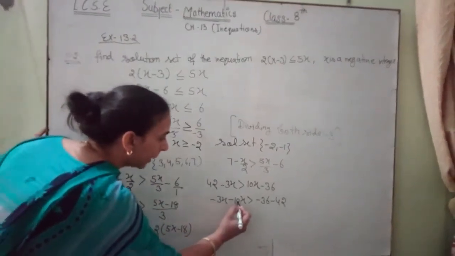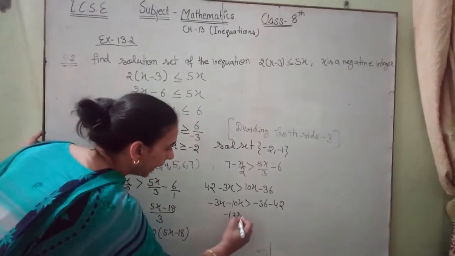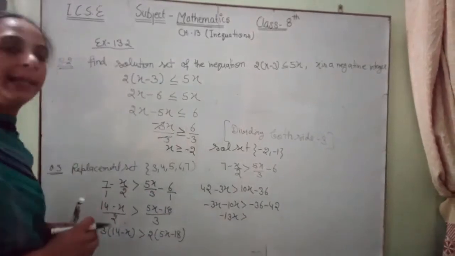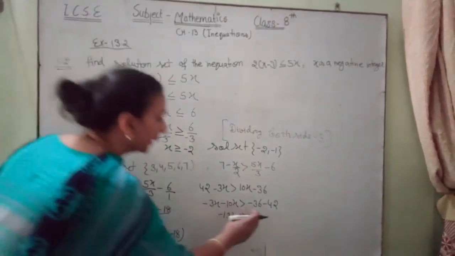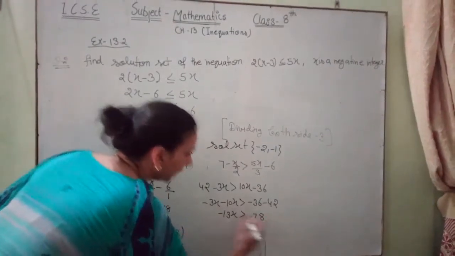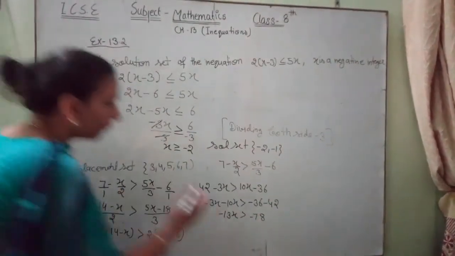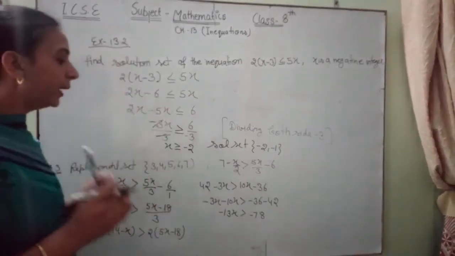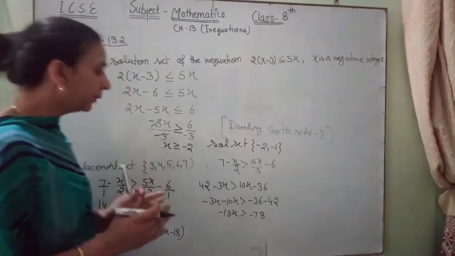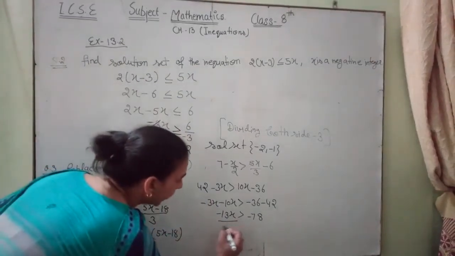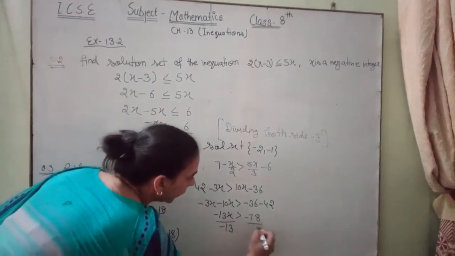Minus 3 minus 10, minus 13x greater than minus 36 and minus 42. Then complete: 6 into 8 is 48, 3 into 7 is 21, minus 78. Then student, this is negative. We divide both sides by minus 30. If we divide this side by minus 30 and this side by minus 30,